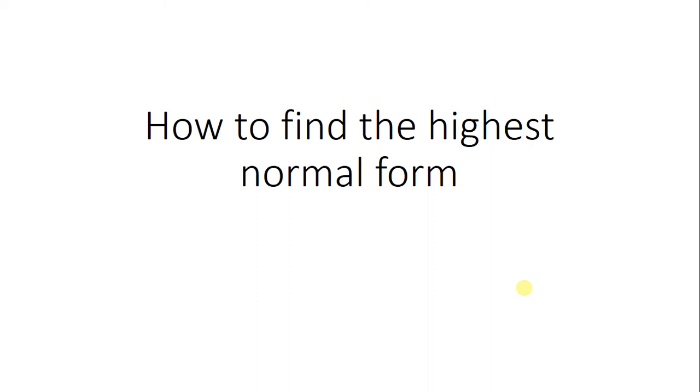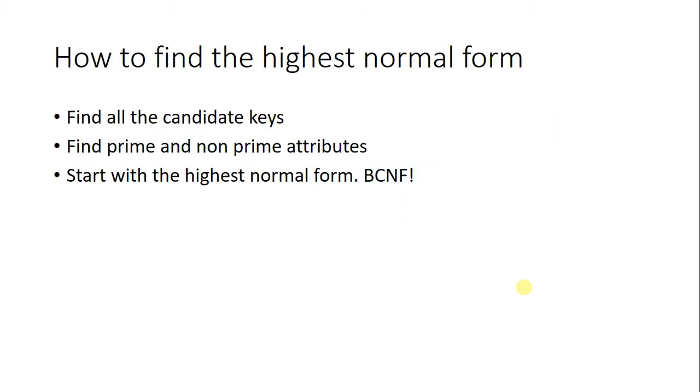To know how to find the highest normal form in a relation, you have to take these steps. First of all, you will find all the candidate keys, and then from those candidate keys you can find prime and non-prime attributes. Those attributes which are part of the candidate keys are called prime attributes, and other attributes are